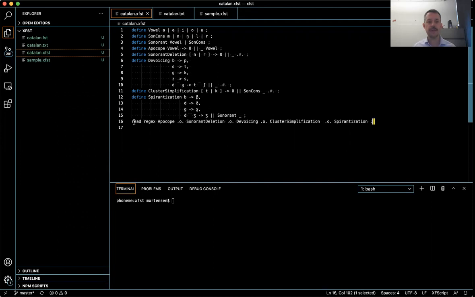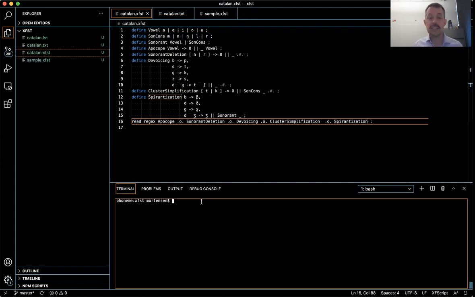So here we have the file, and the last line right now is read regex, and then the composition of these different transducers. Now, in this directory where the script resides, I can type foma -l, and that will load a script and then not exit, so that you can play with the result of loading the script in the interactive prompt. So let's try that first. So we do